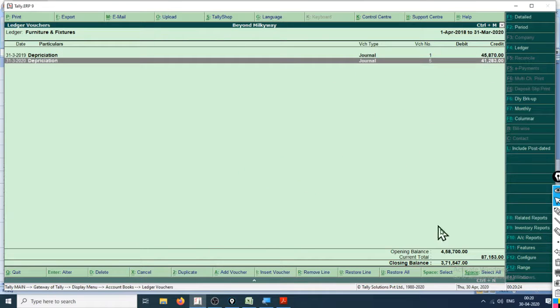So let's remove it for now, and let's see. The opening balance right here is 458,700. Depreciation of the first year is this, second year is this, total depreciation is this, and 371,547 is the new value.